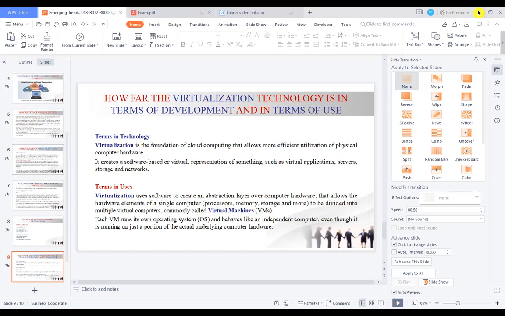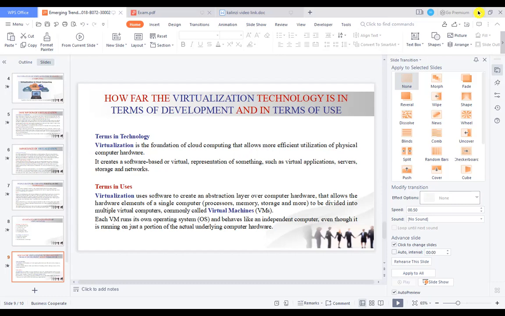And another thing is in terms of users. Virtualization uses software to create an abstraction layer over computer hardware that allows the hardware elements of a single computer, processor, memory, storage, and more, to be divided into multiple virtual computers, called virtual machines.